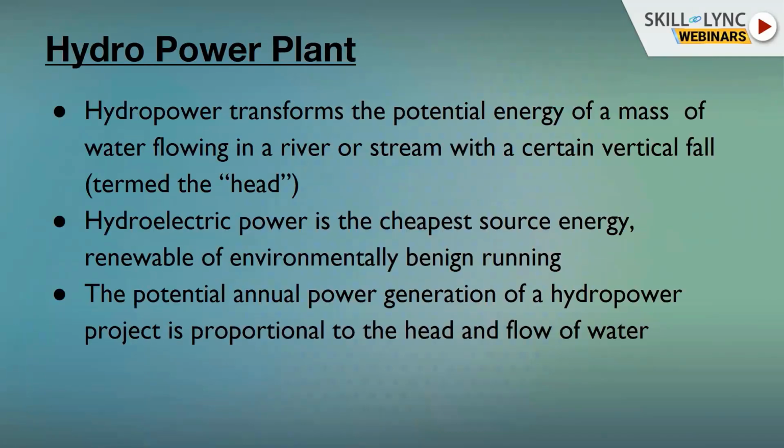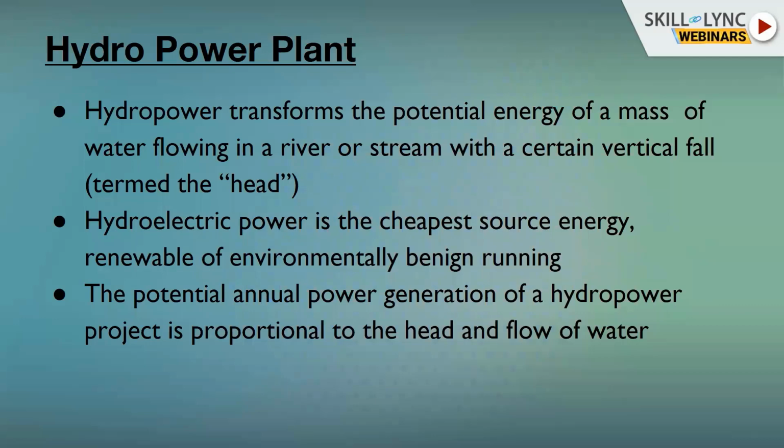And here you can see, in wind energy we convert kinetic energy into electrical energy, but in the hydro power plant we are going to convert potential energy into electrical energy, the potential energy which is available in the water. Hydroelectric power is considered the cheapest power compared with the other renewable energy sources. Why? Because water is available in all areas, through rain and through the transportation of water from one place to another.